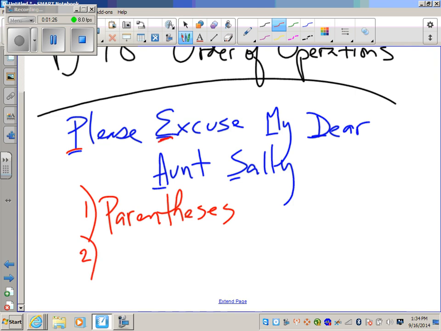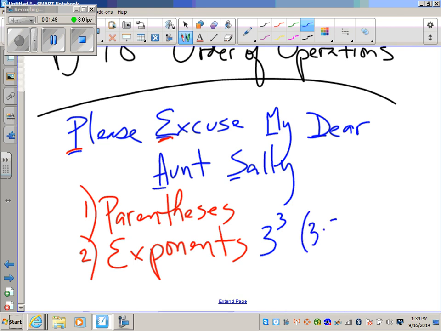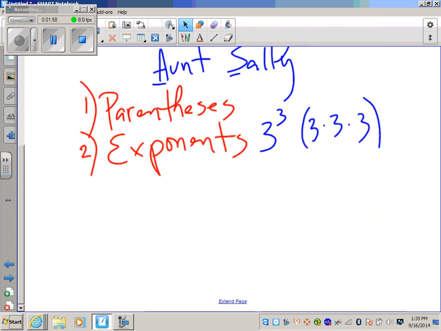The E in excuse is for exponents, okay? Exponents would be like 3 to the third power. 3 to the third power really means what? 3 times 3 times 3, because there's 3 threes. 3 times 3 is 9. 9 times 3 is 27, okay? So we have to evaluate all exponents after that. Step 3